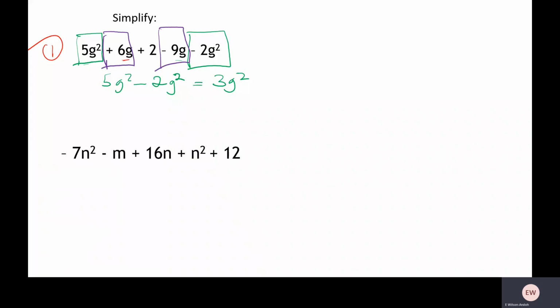So we are going to have 6g minus 9g, and this will give us minus 3g because 6 minus 9 is negative 3. So the answer to this expression, when we simplify this, is going to give us 3g squared